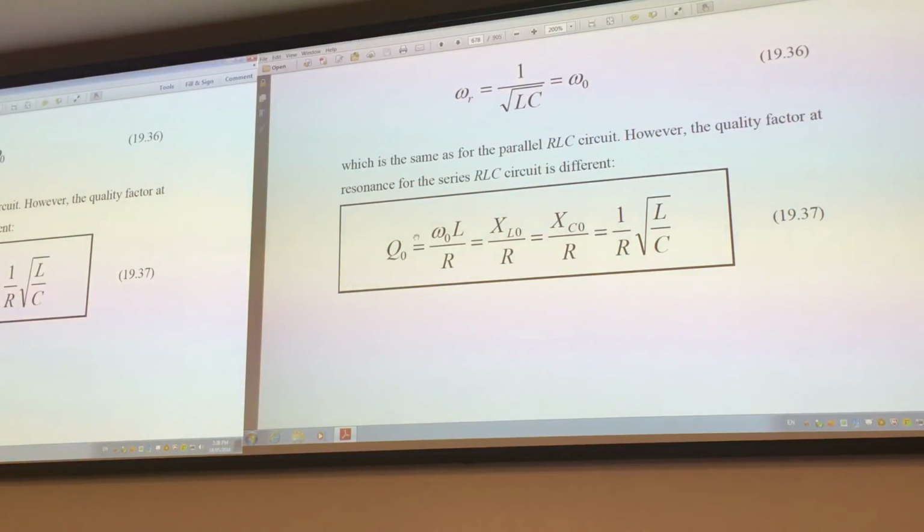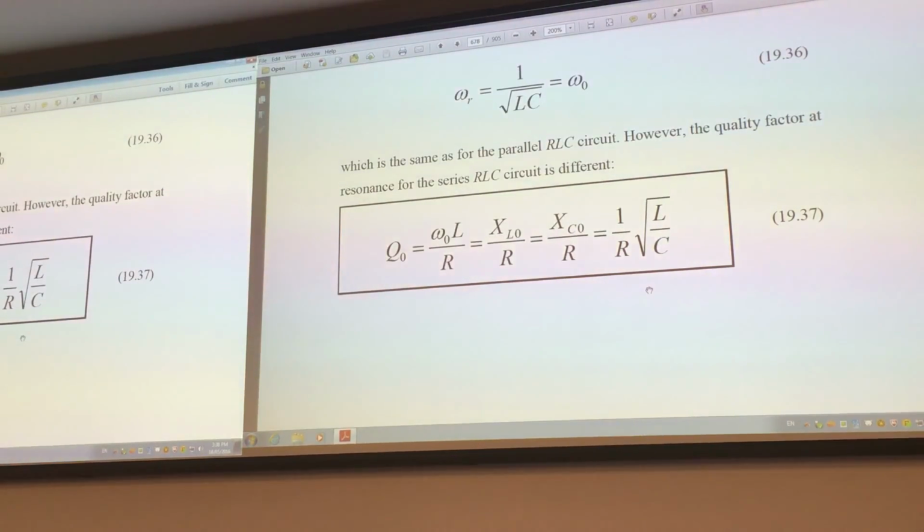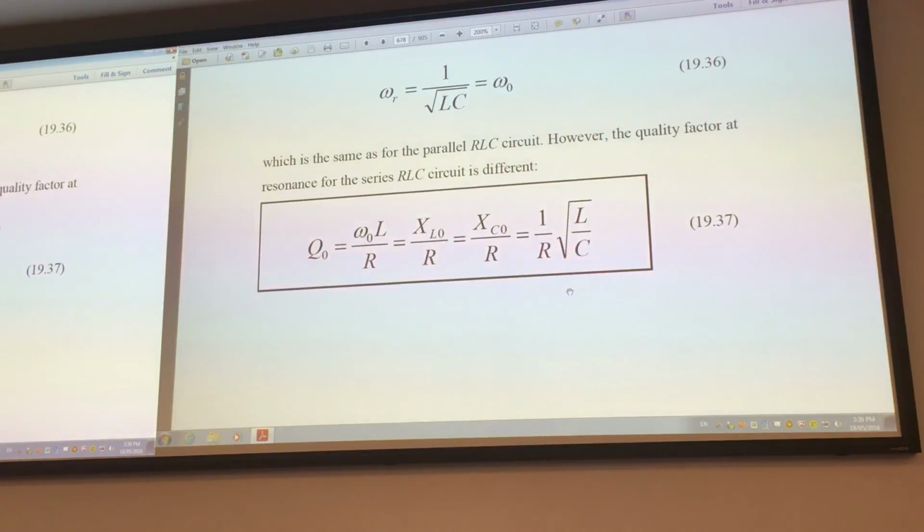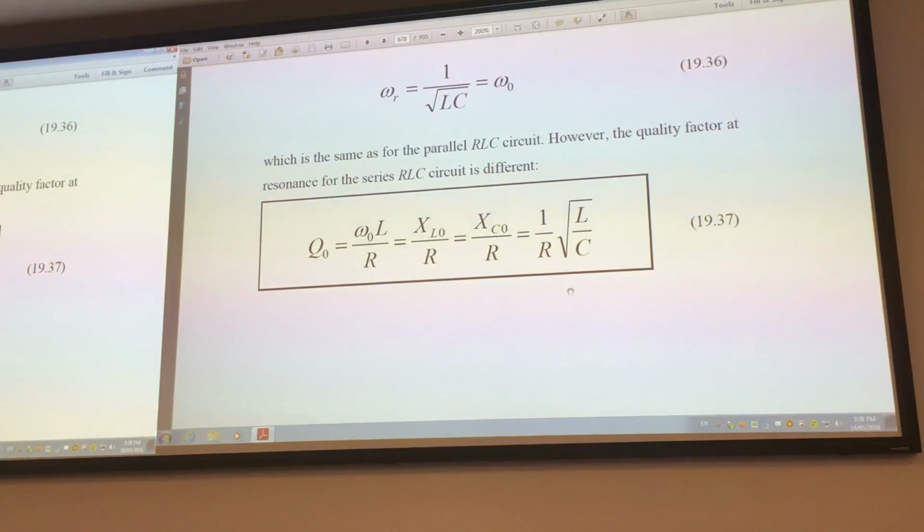We also define a quality factor for a series resonance circuit. Please note here that R in this quality factor is in the denominator. So for the quality factor to be very large, R has to be very small, which was the opposite in the parallel circuit. In the parallel circuit, an ideal resonance circuit with infinite quality factor will have parallel resistance equal to infinity. Here, in series,